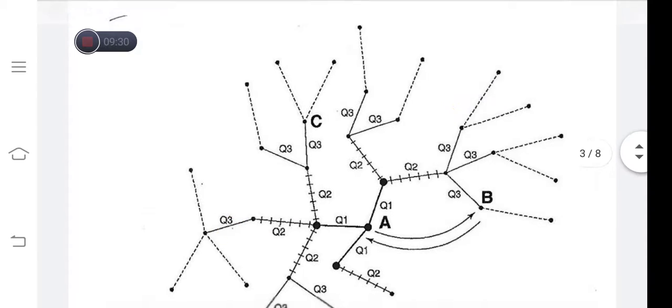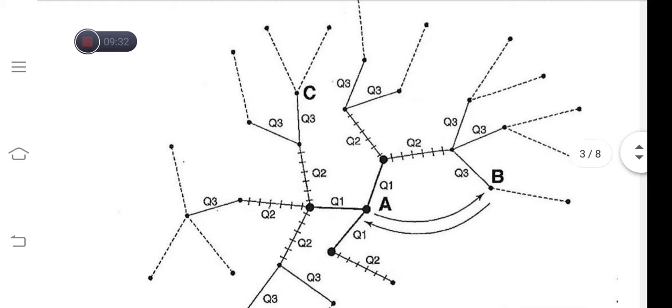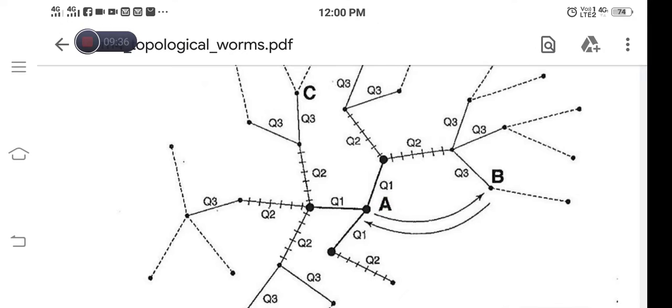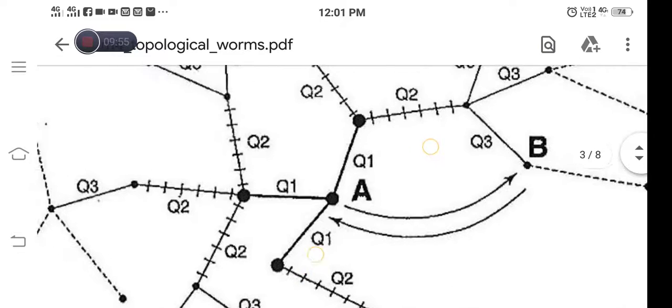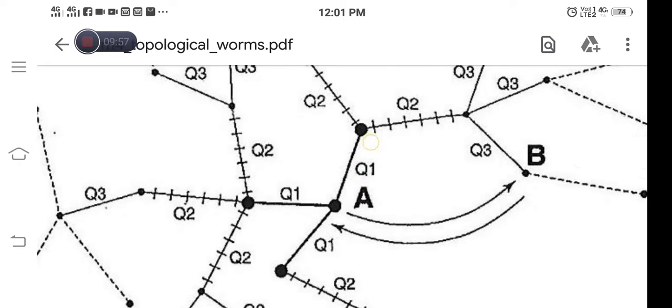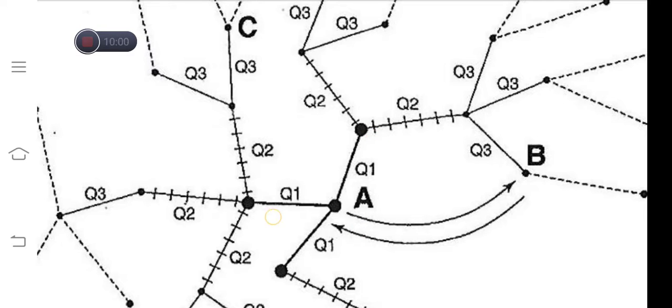Now let us assume that in the network, A is the peer node which wants to obtain a file, let us name it ABC. So it will create a query request message for ABC and send that request to all its neighbors present at the level Q1.